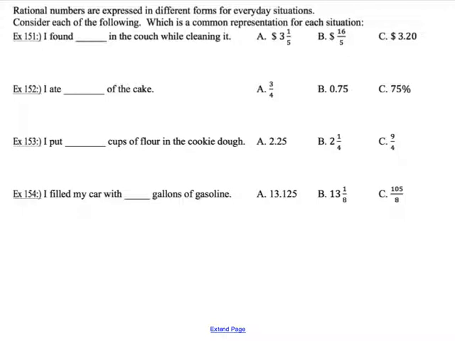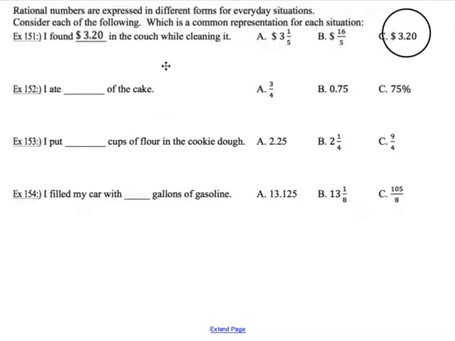Rational numbers are expressed in different forms for everyday situations. Consider each of the following, which is a common representation for each situation. Example 151, this is in your notes. I found blank in the couch while cleaning it. Would we use 3 1/5 dollars, 16/5 dollars, or $3.20? Based on your experience, you would know that we use decimals when we are doing money, so that should be filled in with